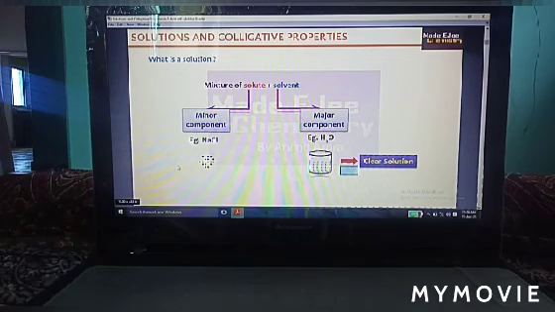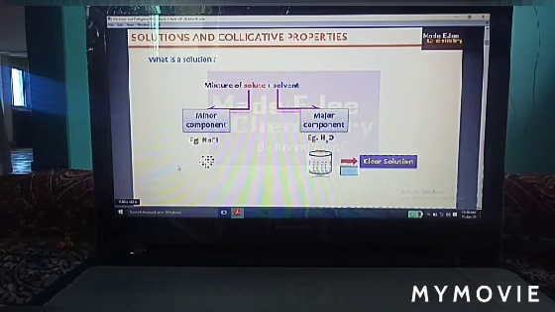You may have a question in your mind: what is solute and what is solvent? Solute is that component which is always taken as the minor component, and solvent is that component which is always taken as the major component. For example, as a minor component you have taken NaCl, and the major component you have taken H2O. So when we dissolve NaCl into H2O, there will be a solution.